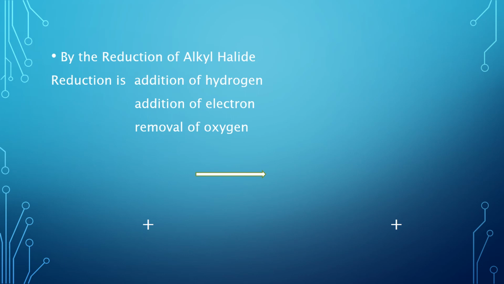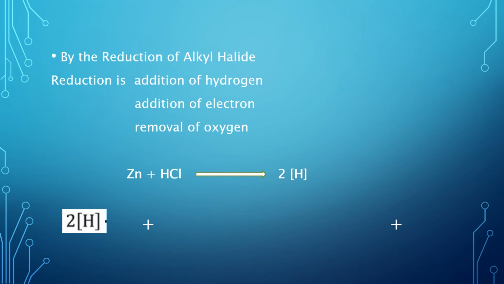So alkyl halides are reduced, and for the conditions, first of all, zinc and hydrogen chloride are mixed together and produce nascent hydrogen. Nascent hydrogen is actually atomic hydrogen. It is produced but it is unstable, so as soon as it is formed, it will react. It is quite reactive.